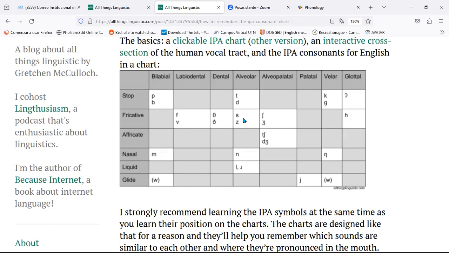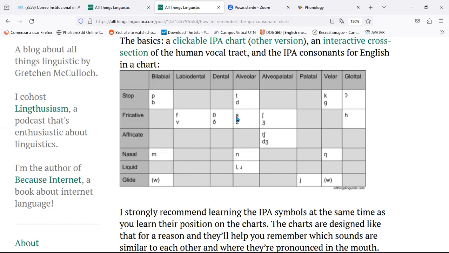They can be either S's or Z's. Because if the last sound in the third person, the possessive, and the plural